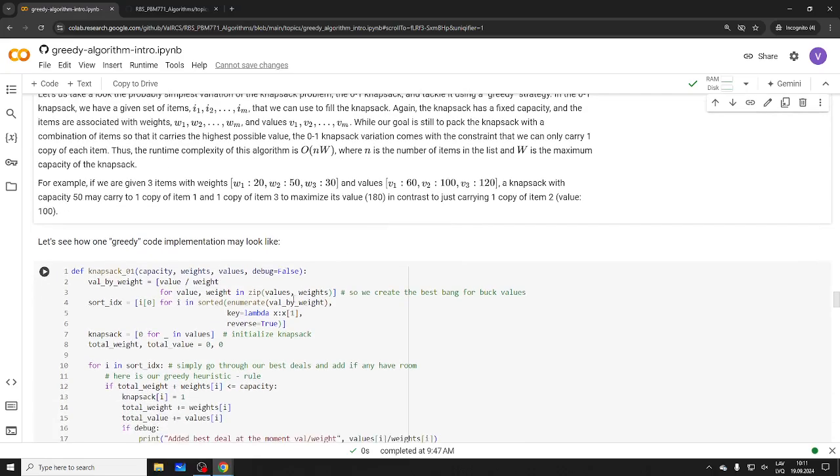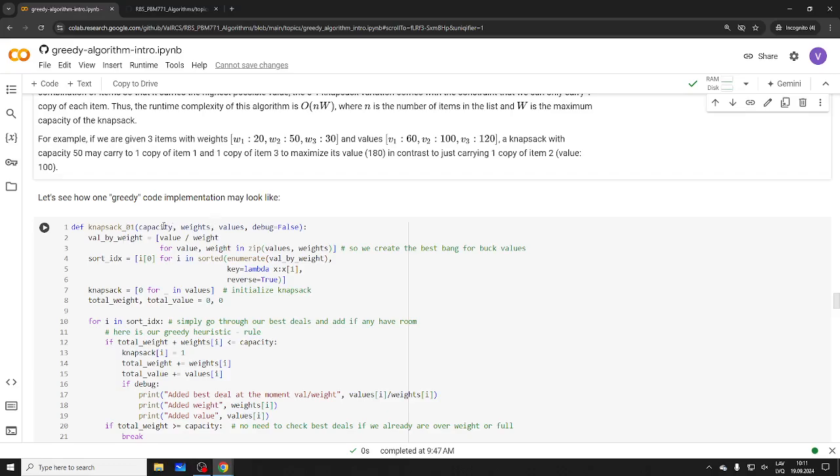So, knapsack 0-1. We have capacity, weights, values. One thing I would like to rewrite at some point, if I had time: as far as programming goes, we have these weights, values, and capacity, and the weights and values are in separate list structures. They should probably be better stored in an object, a class-based approach. But okay, let that stay for now. I'll maybe add